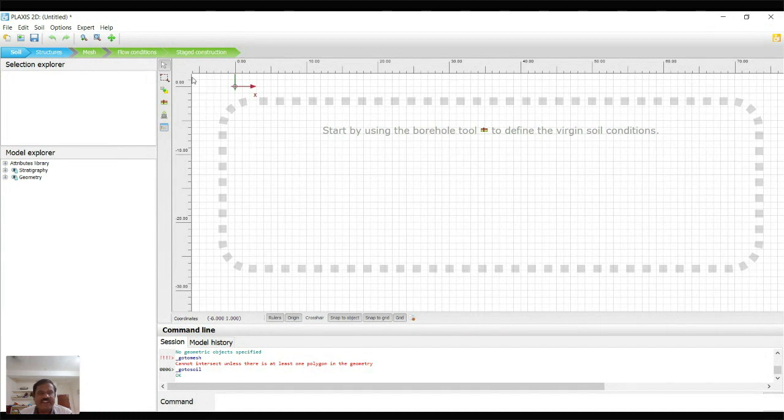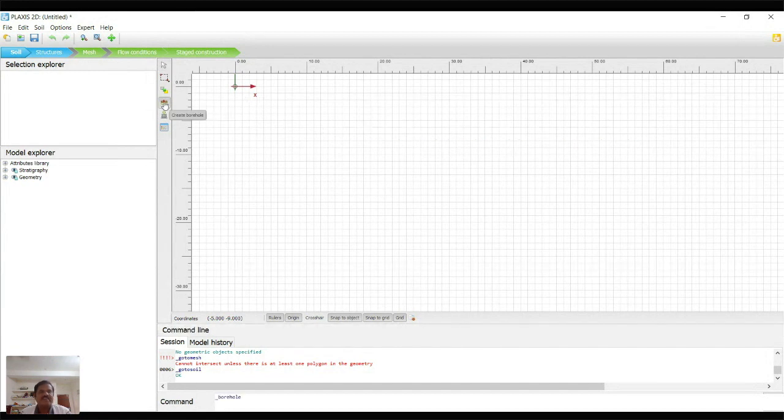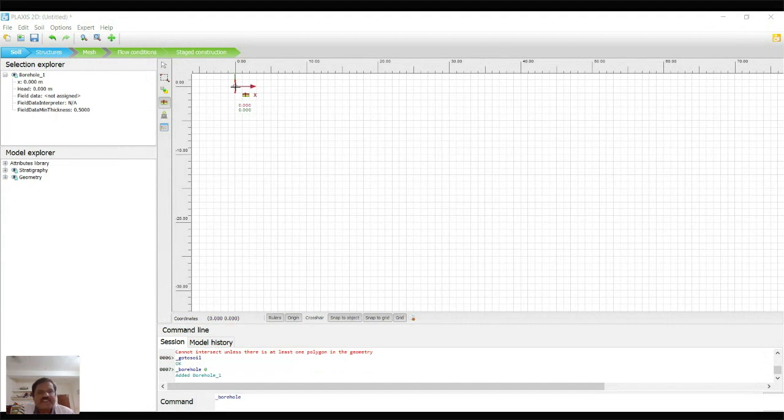Now we are going to create the borehole. Select the create borehole tool. We are considering only one borehole, at location 0 0. Move to the 0 0 position and press the left mouse button. Just click the left mouse, and the program will generate one borehole at location x0.